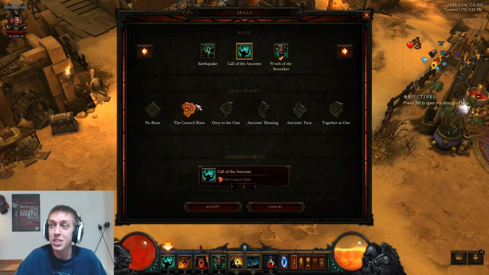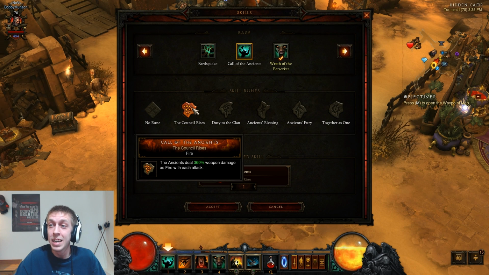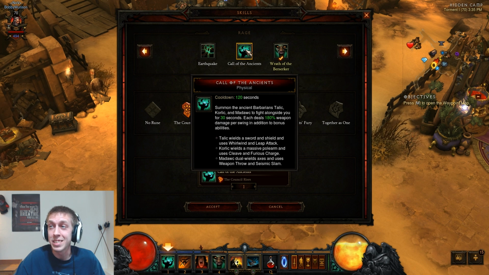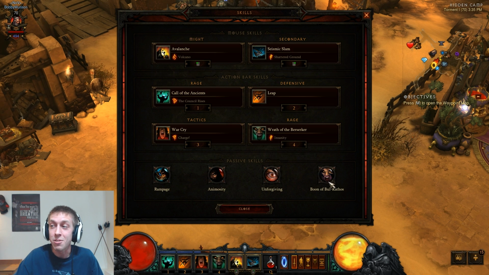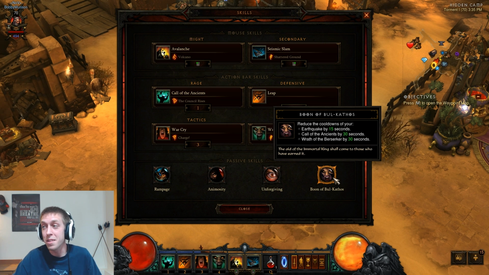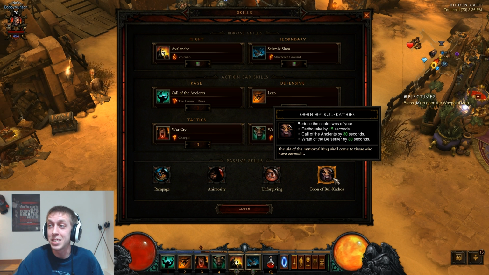Now, Call of the Ancients with Council Rises. It's going to turn the Ancients into fire damage. It's going to double their damage, and we're stacking cooldown reduction. It's got a 120-second cooldown on it. I know it's a long ability, but when you start stacking the cooldown reduction, and then you also go ahead and use something like Bounty of Kathos, which is going to reduce the duration of Call of the Ancients by 30